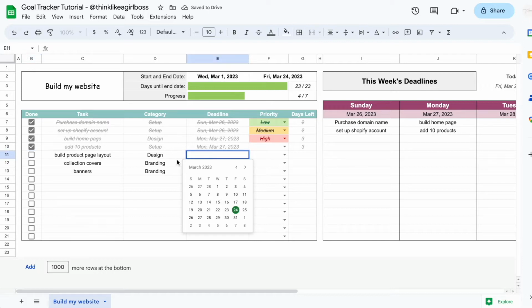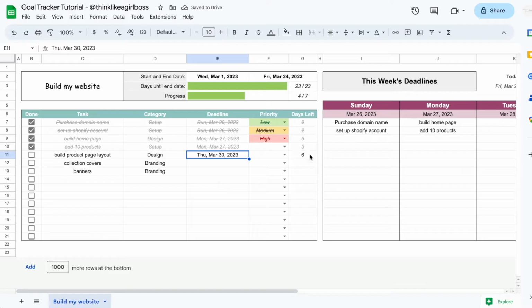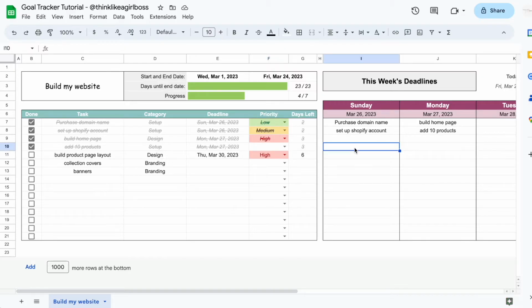You can also set a deadline for each of your tasks. You just double click and select a date. Automatically, you'll see how many days you have left. And you can also assign priorities to each of those tasks. And then so I could teach you an extra formula,